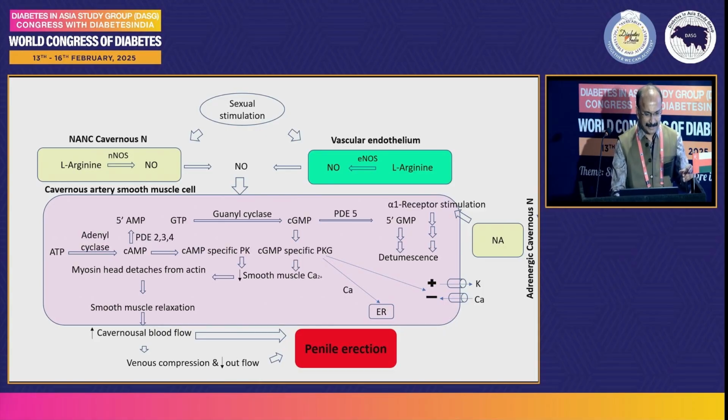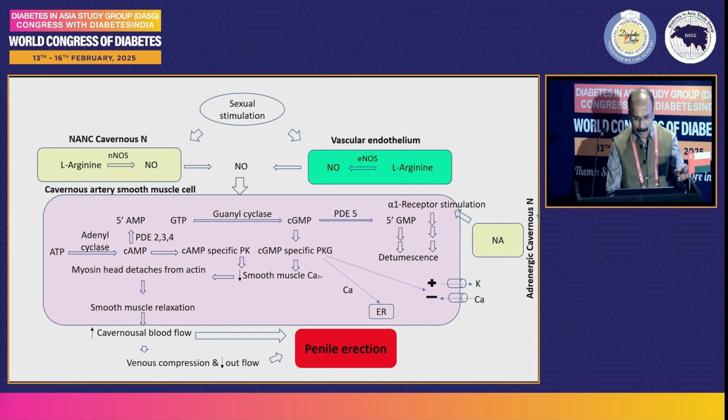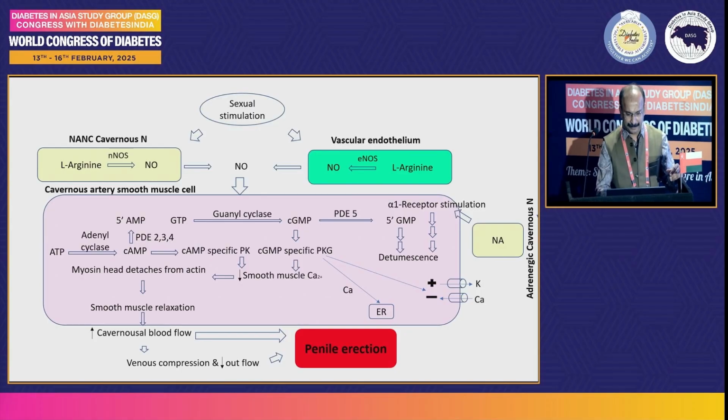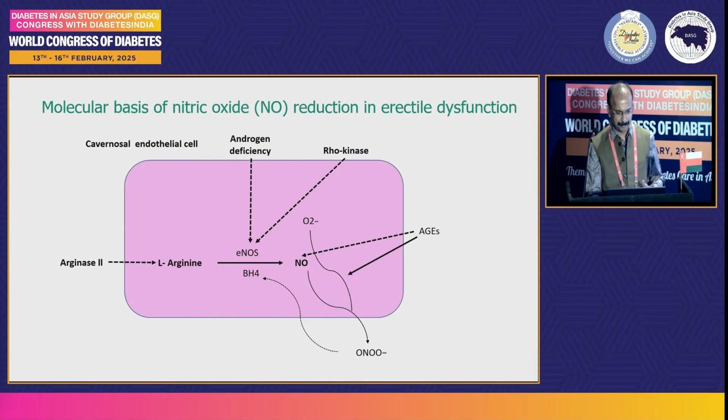Also, adenyl cyclase, which converts ATP into cyclic GMP, also reduces smooth muscle calcium content, leading to smooth muscle relaxation and helping in penile erection. Whereas alpha-1 receptor stimulation leads to detumescence and reduced erection. So the molecular basis of nitric oxide reduction in erectile dysfunction include presence of inhibitors of L-arginine, which is the